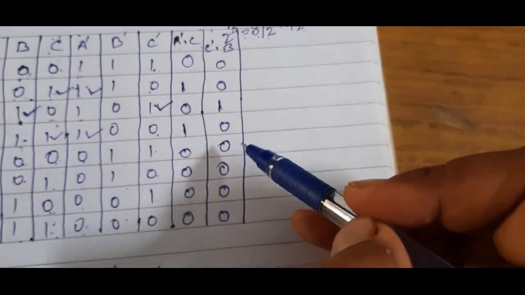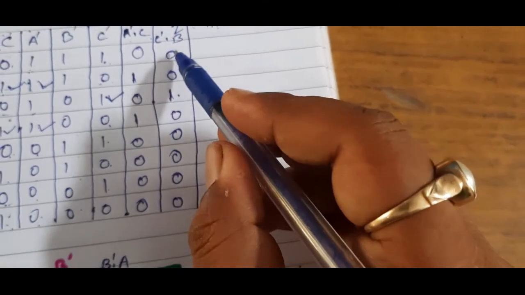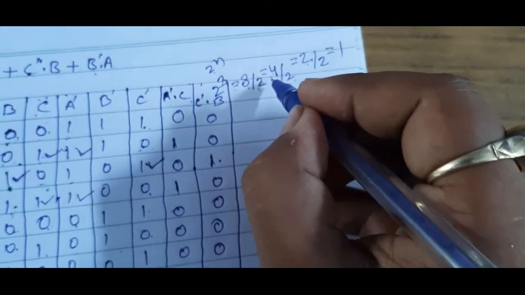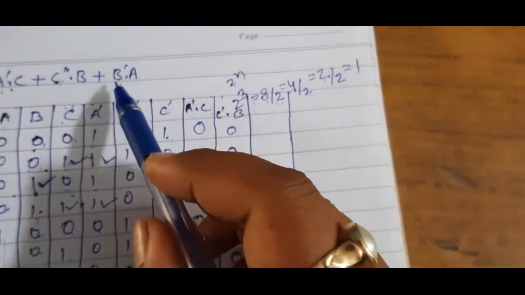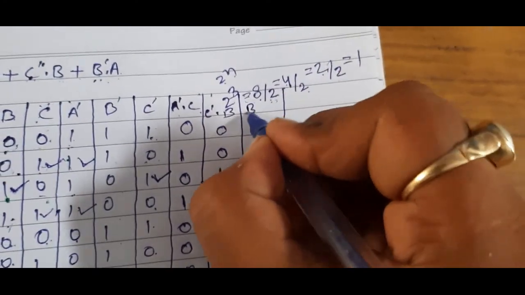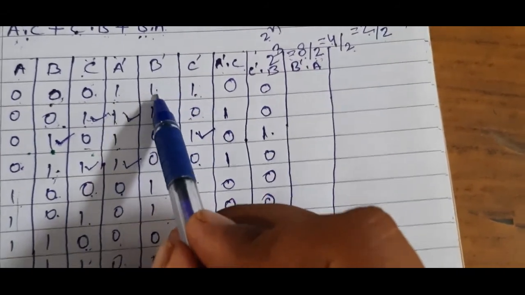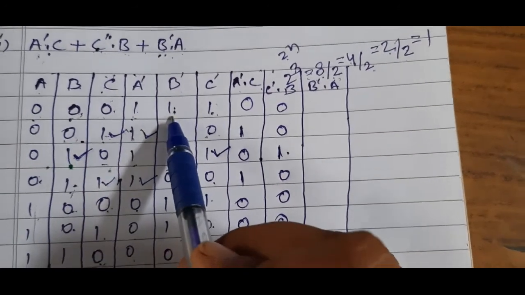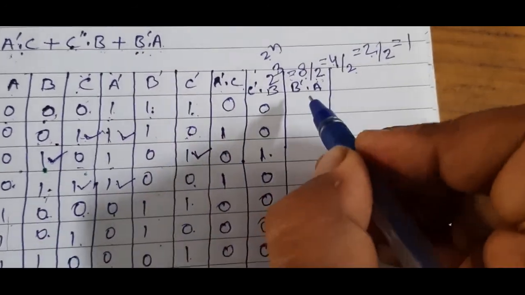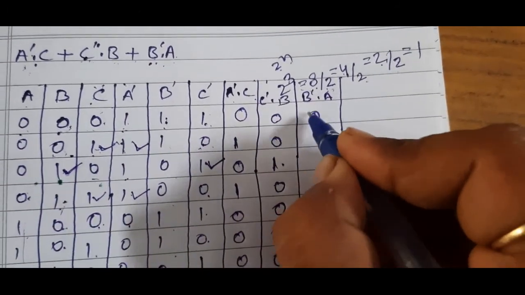Okay, so like this we got one positive for C complement and B combination. After that our next is B negative and A. So let's write B negative and A. So let's check B negative and A. If both are positive, then we will get the positive output. Because both are not positive, the output will be 0.